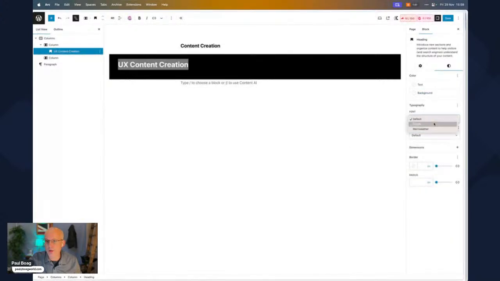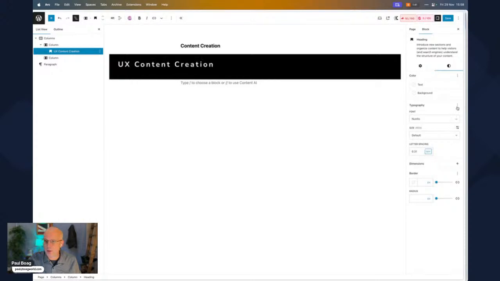Because we don't actually need this, so I have a setup that I have for this. 0.31 rems, and then we want letter casing to be uppercase.